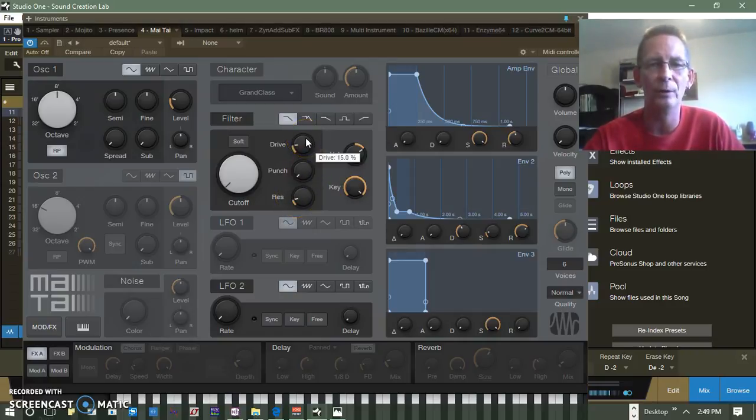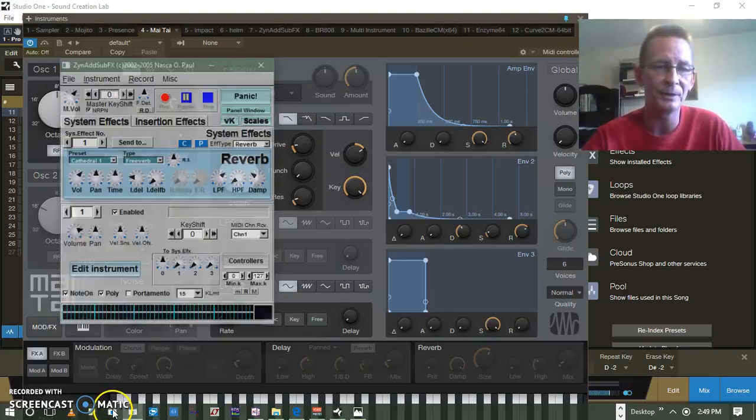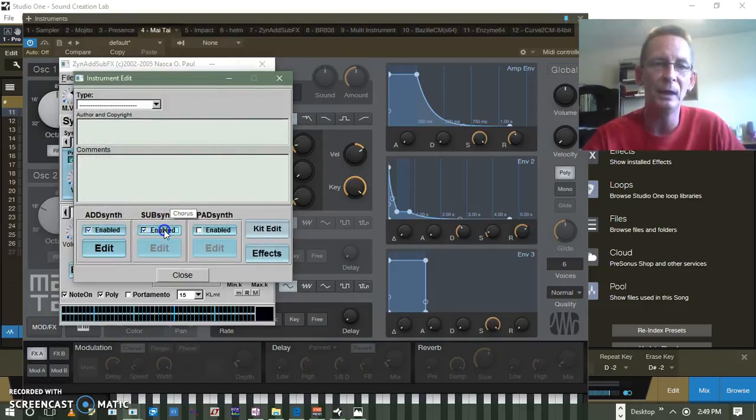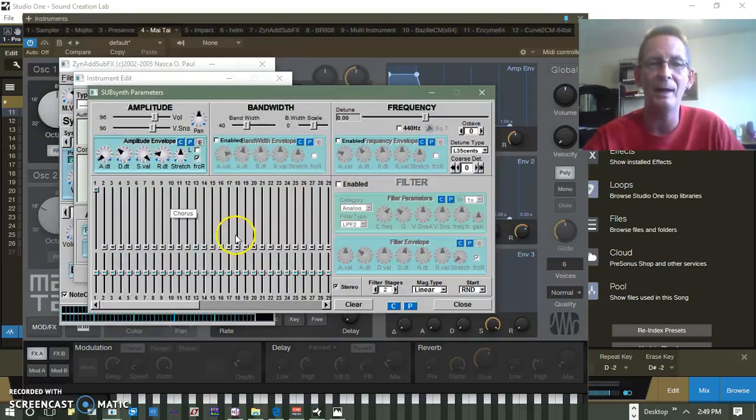Punch and drive aren't a normal aspect of subtractive synthesis, so we're not really going to deal with that. And taking it a step further, some programs, let's say something like Add Subtract FX, you can get into some kind of synthesis that will actually go after harmonics, those partials directly inside of that actual sound, in that timbre,